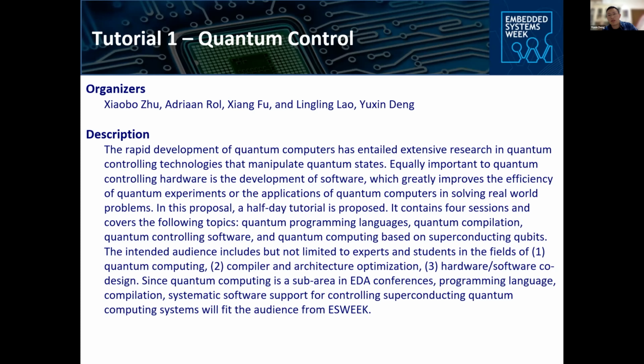Welcome to this afternoon's tutorials on quantum control, because we have excellent speakers. We have invited 4 speakers. They are Professor Xiaobo Zhu from the University of Science and Technology of China, who is already here, and Dr. Andrea Rowe from Orange Quantum Systems, who will join us soon, I think. Then we have Xiang from National University of Defense Technology, China, and also Professor Lingling from Northwestern Polytechnic University. They will give lectures on the following topics,